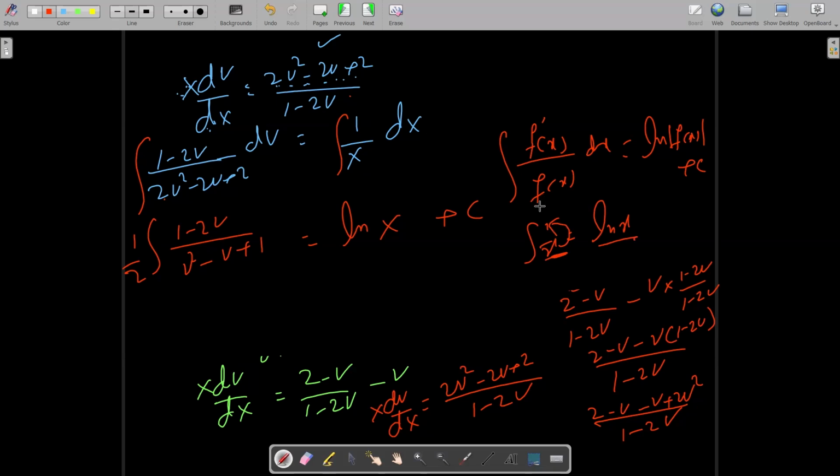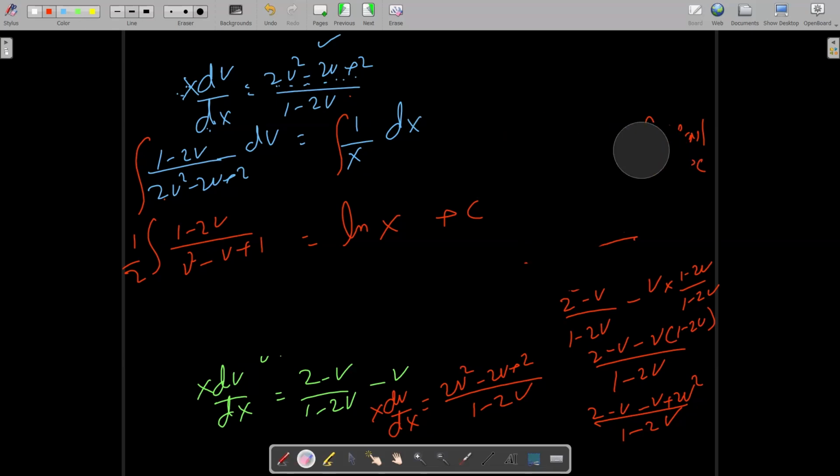Just like when you have a different function, f of x, if its derivative exists on the top, your integral will be ln f of x plus c. Does that make sense? Yes. So if you take a look at this function,